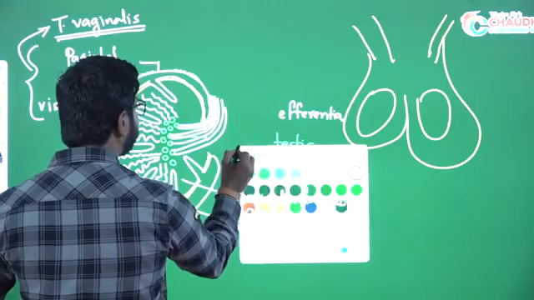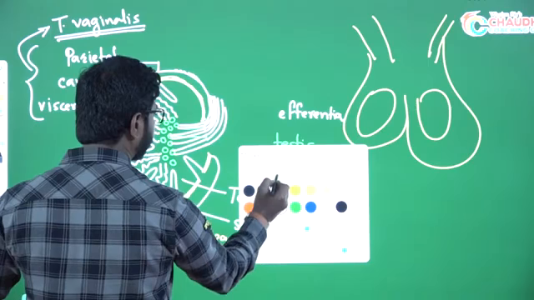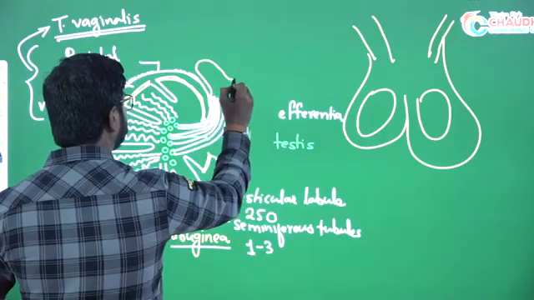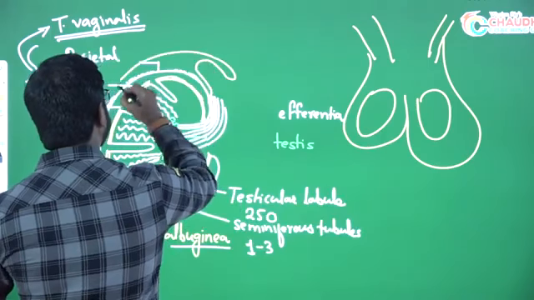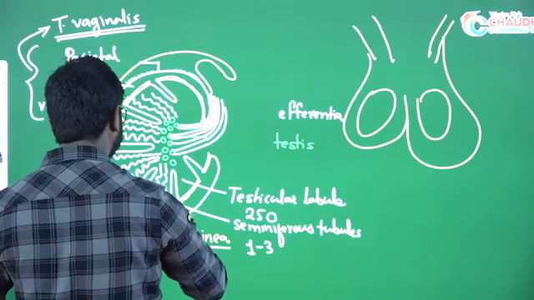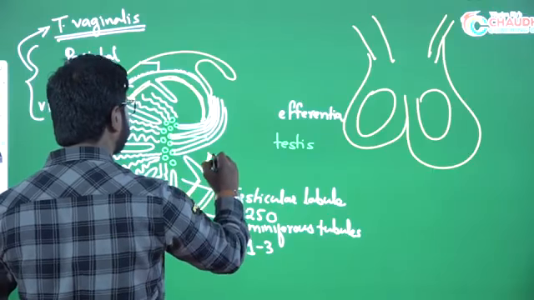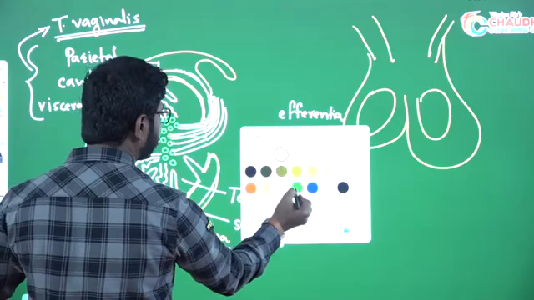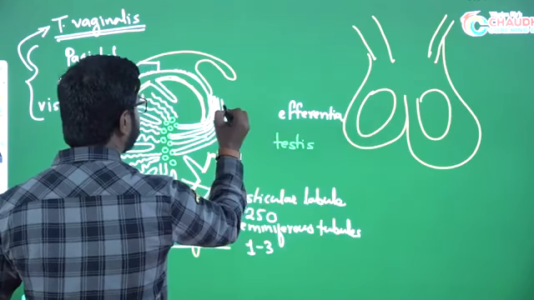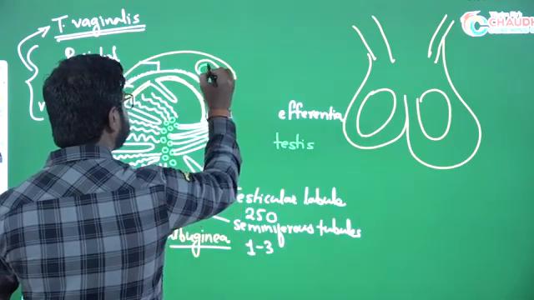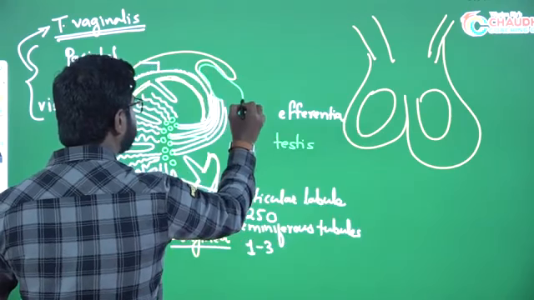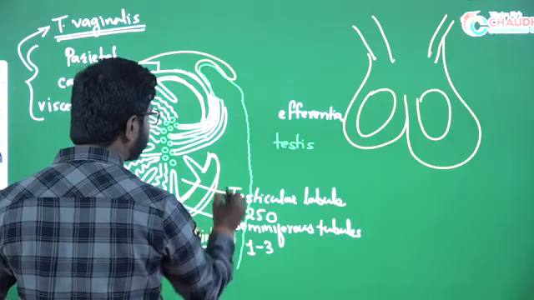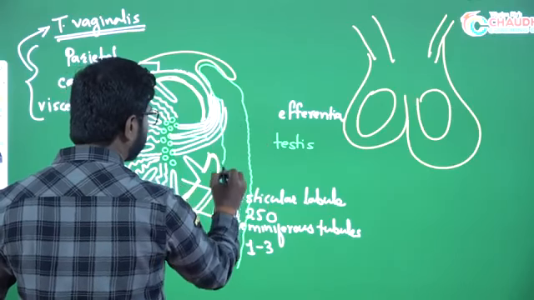So let us consider, this is also a part of the parietal layer, okay, and I am showing it with green color. This is the head of epididymis. It continues in the lower position like this,